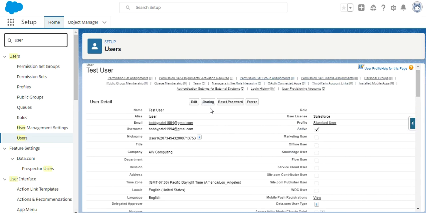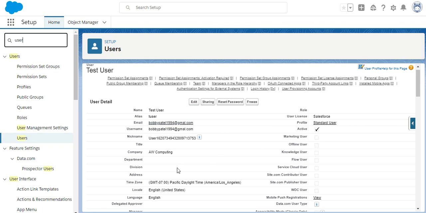We have a setting button, so we can share this. We can freeze. Just suppose I want to deactivate any user. Remember one thing, we cannot delete any user in Salesforce. We can only deactivate and freeze the user. Here you can see the active box. If we go to edit and uncheck this box, the user will be inactive, so the user cannot log into Salesforce.